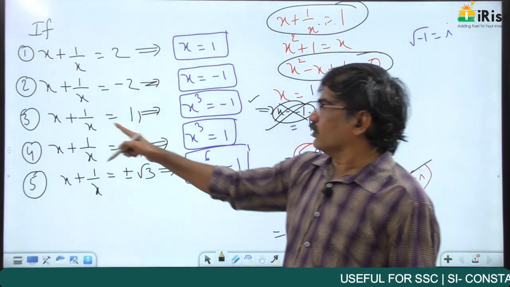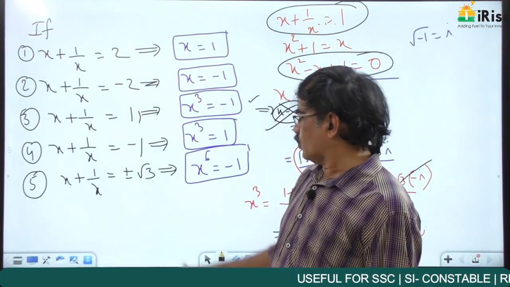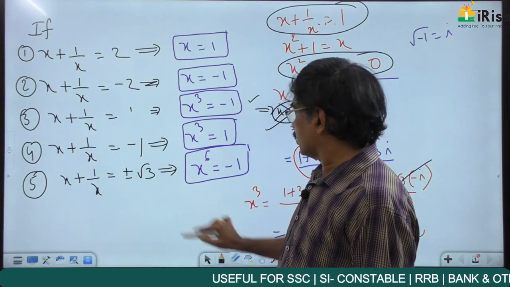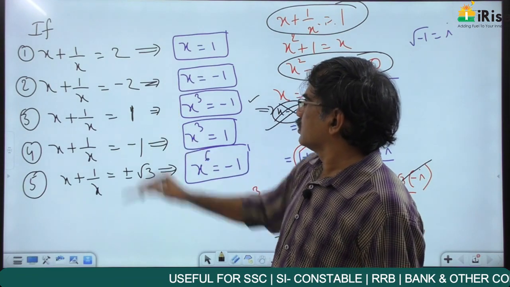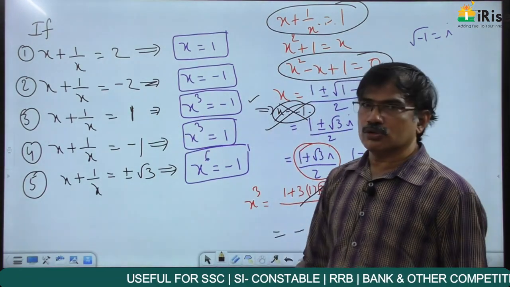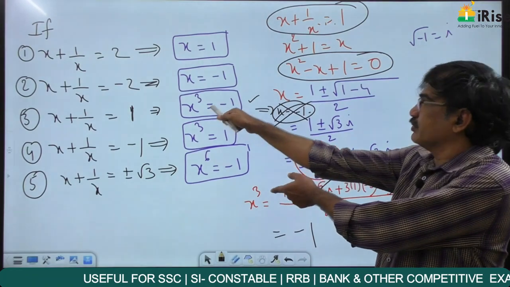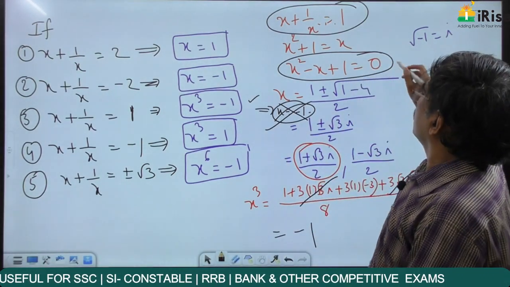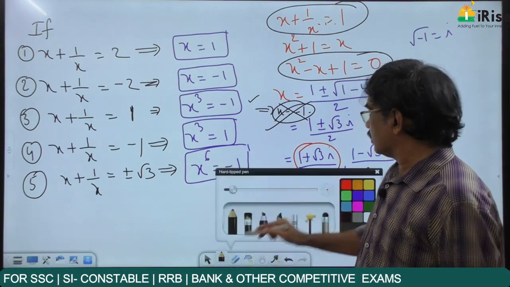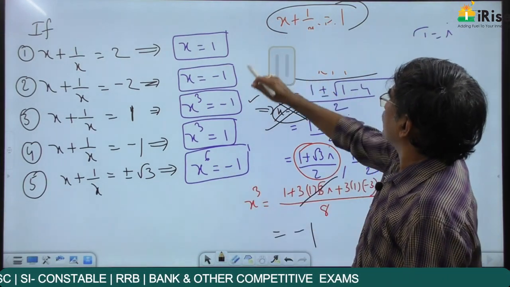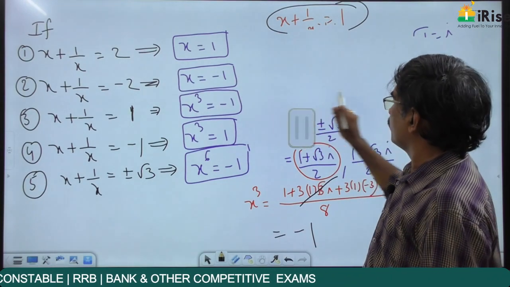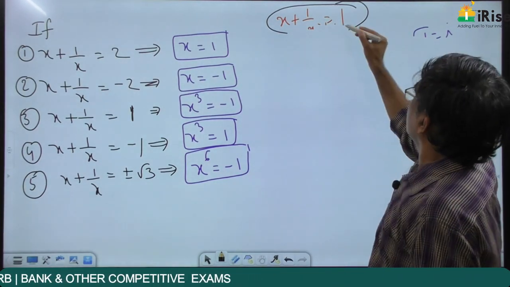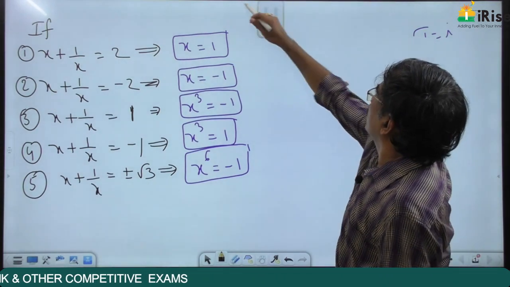Understood? So therefore, if x plus 1 by x is equal to 1, then x cube is equal to minus 1. Don't conclude again from this x is equal to minus 1, please. Similarly, if x plus 1 by x is equal to minus 1, what happens? If x plus 1 by x is equal to minus 1,